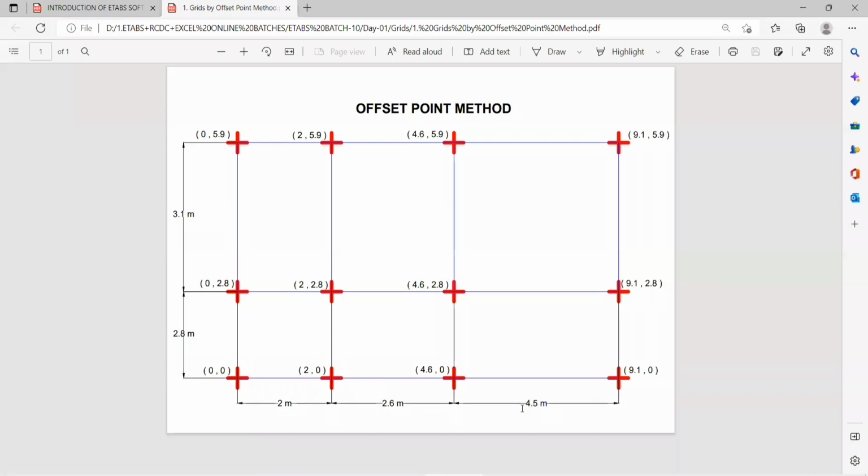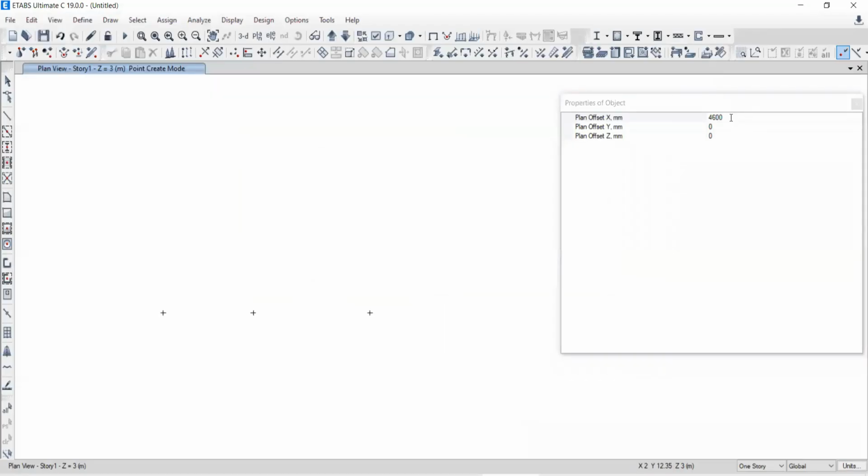4500. Yeah, 4500 it is. So go back to your ETABS. It will be 4500. Now from the reference of this, now the fourth point has been